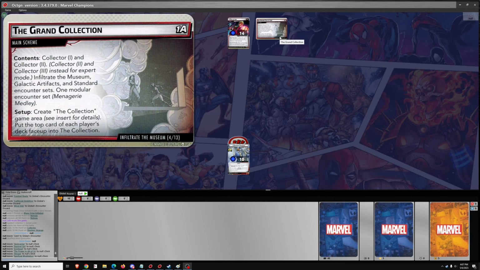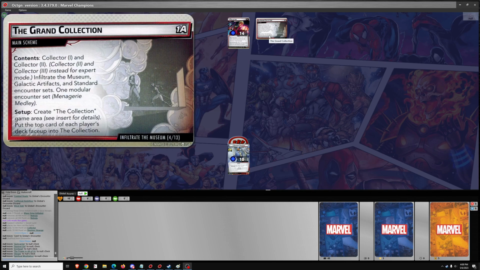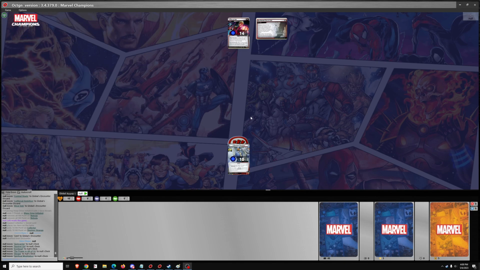I think that the campaign is poorly tuned difficulty-wise, as I discussed in my review video for this expansion. And therefore, we will tackle the scenarios on Expert. If that's not possible, we'll tackle them on Standard. If that's not possible, then we'll table the entire expansion for a later date when we've got an expanded card